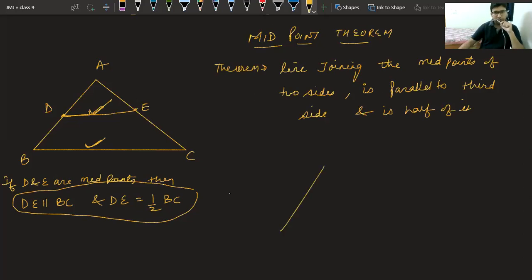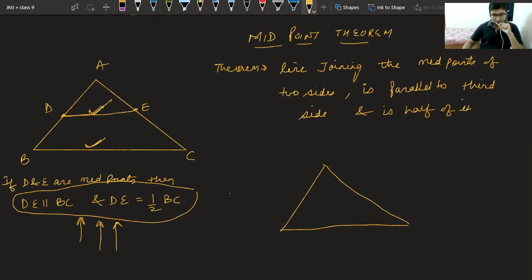Similarly, if I gave you a different case, suppose the triangle is this one. Are you asking AD equal to BD? Yes, beta, when it is half, when it is a midpoint. Acha, Moksha is asking how. Beta, that will be the proof part. How it came, that will come in the proof part.